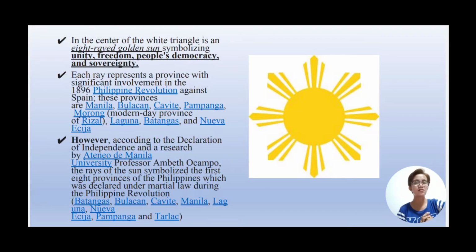These provinces are Manila, Bulacan, Cavite, Pampanga, Morong, or in the modern-day province of Rizal, Laguna, Batangas, and Nueva Ecija. However, according to the Declaration of Independence and research by Ateneo de Manila University Professor Ambeth Ocampo, the rays of the sun symbolized the first 8 provinces of the Philippines which were declared under martial law during the Philippine